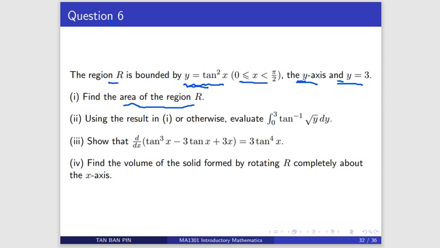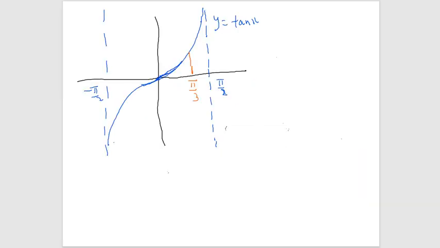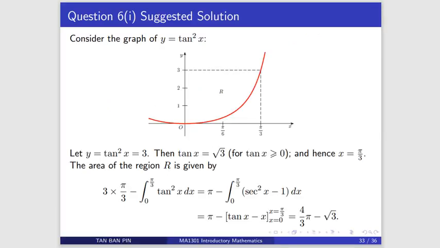First, you must have some idea how the graph of y equal to tan squared x looks like. You can look at the red curve here. It's actually increasing, no turning point. To understand this, you can look at the tangent graph. If you draw the tangent graph from 0 to pi over 2, you'll find it's increasing, no turning point, and there's an asymptote at pi over 2. So if you consider y equal to tan squared x, then it should still be increasing. That's the reason why it should look something like this.